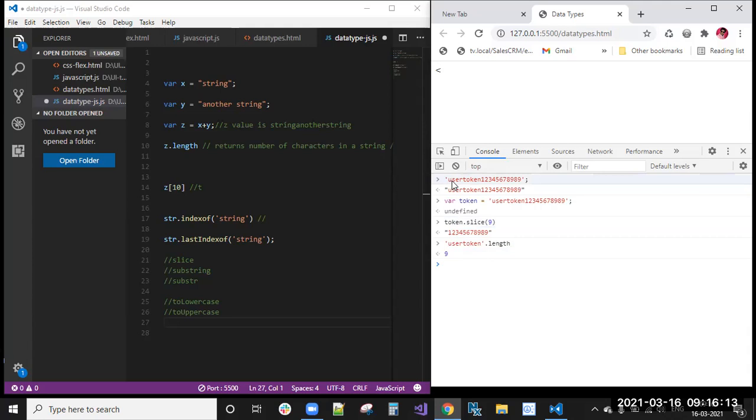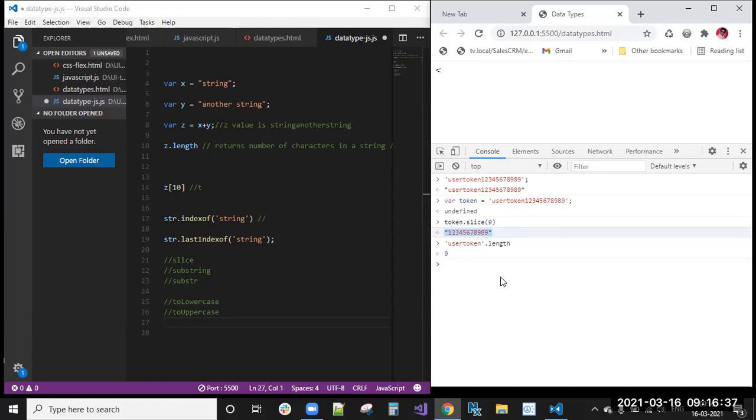Then what the slice method will do is start from the 9th position, and up to the end, whatever part of the string is there, it will remove. Then you will get exactly the token. This token you can save in a particular variable, and always send back to the APIs.